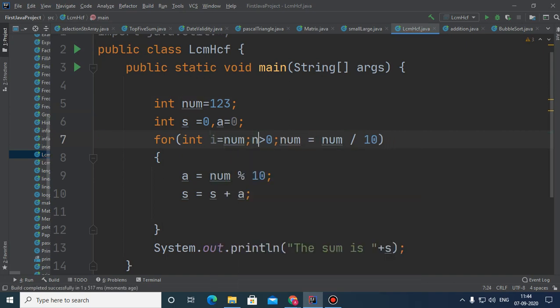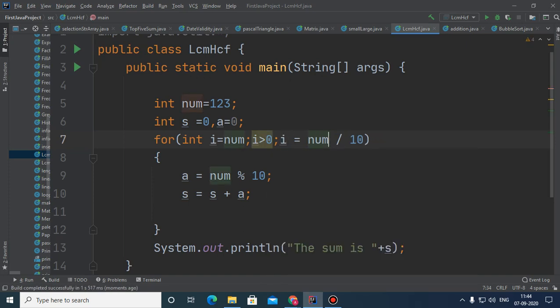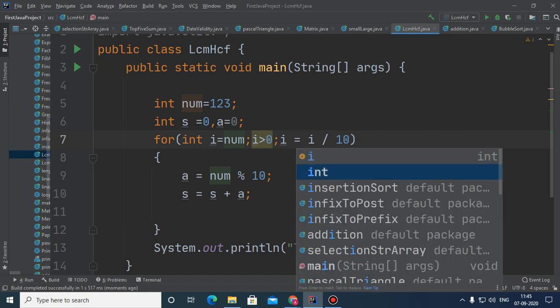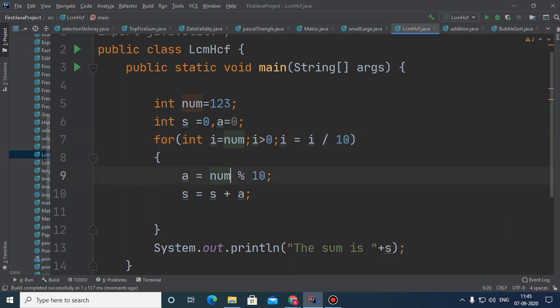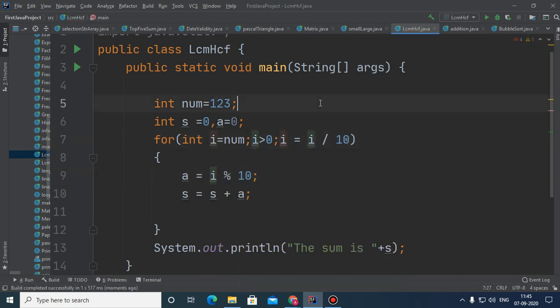But this time everywhere I need to place i, and here i, and here i. So this is also correct.